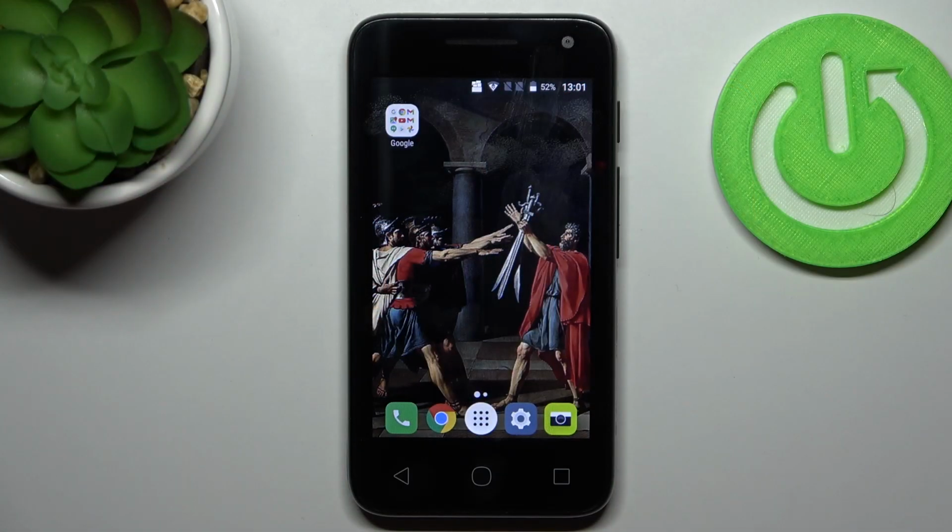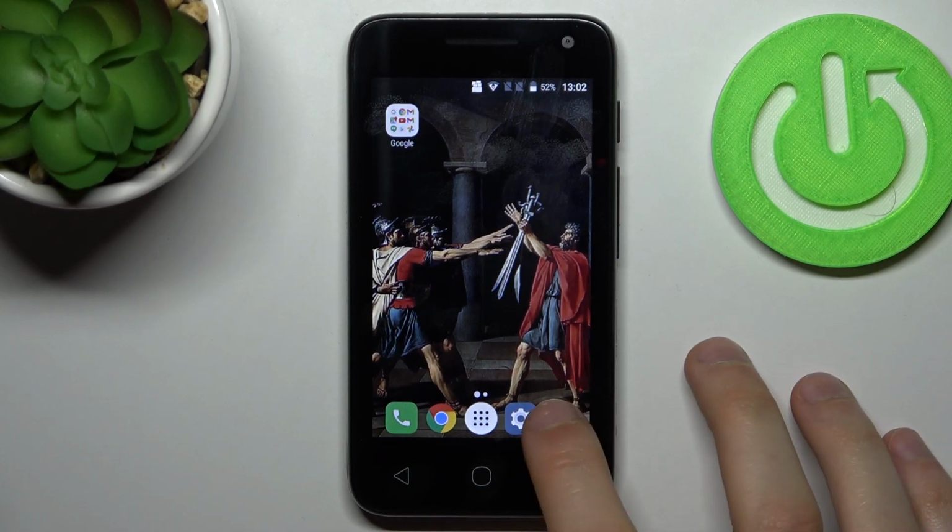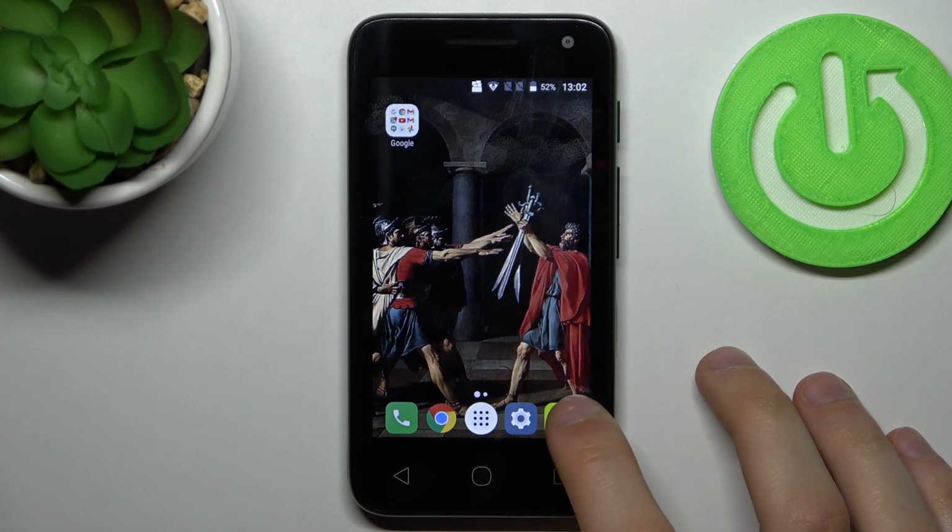Here I have ALCATEL U3, and today I'm going to show you how to set camera timer on this device. So firstly you have to open camera,